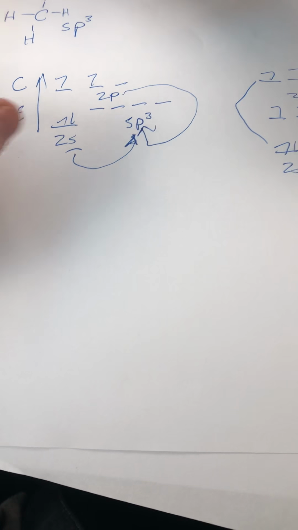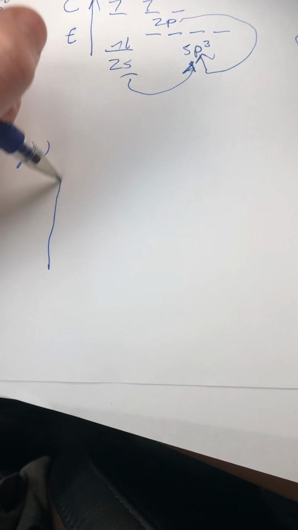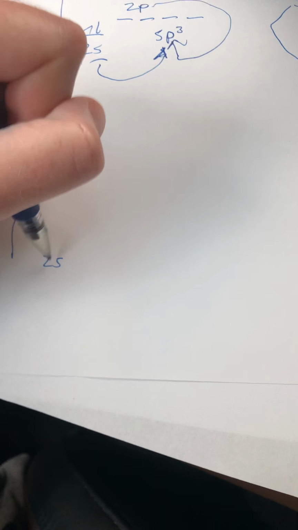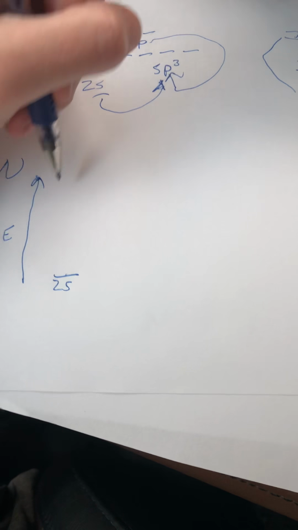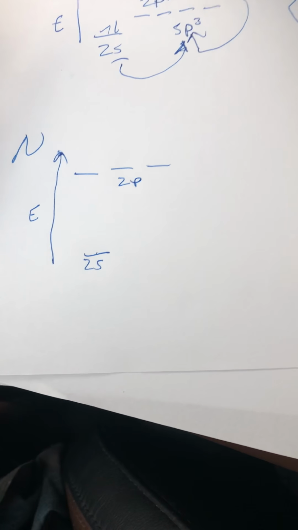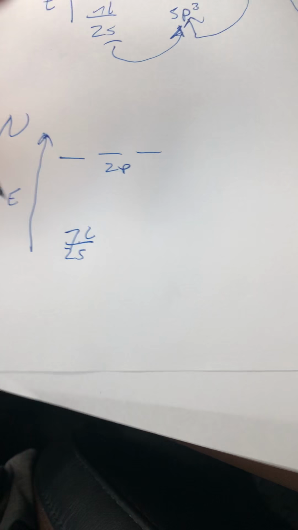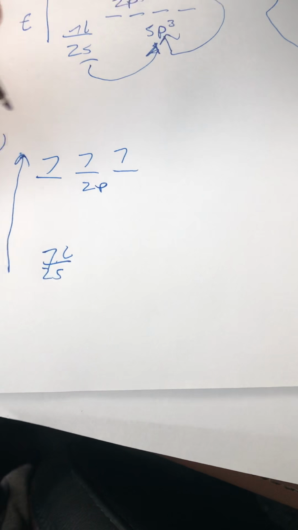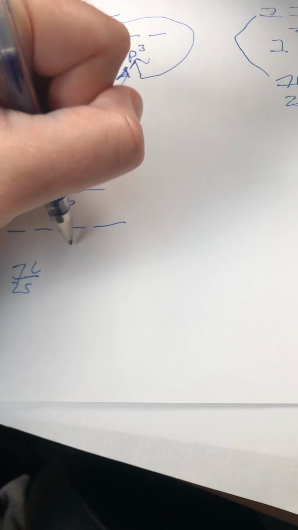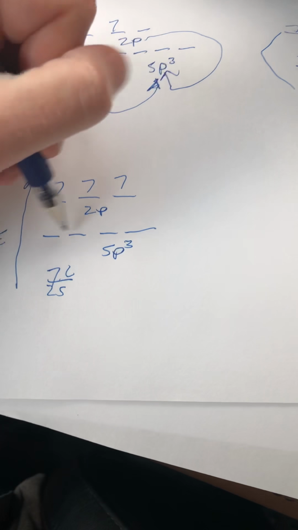All right, let's take another look at something else. Let's go to nitrogen. So with nitrogen, same situation. Again, this is energy increasing. It's got a 2s orbital and a 2p, but the difference is it has 1 extra electron. So it's got 5 valence electrons. So it's got 1, 2, 3, 4, 5. So when they get together and they make the sp3, now if we go and place these 5 electrons in there,